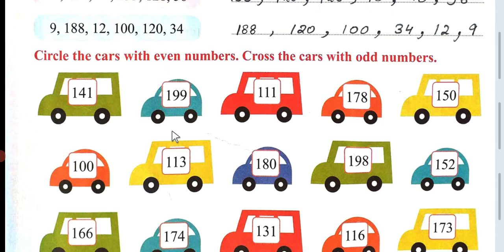The numbers which have the numbers 1, 3, 5, 7 and 9 at the ones place. So cross the numbers which are odd and you will see which comes in the last, that is 1. So 141 you cross it. Then another number is, so you will see the number at the ones place, you will cross this, you will cross this, and we cannot cross this, this is the even number and 0 is also the even number.